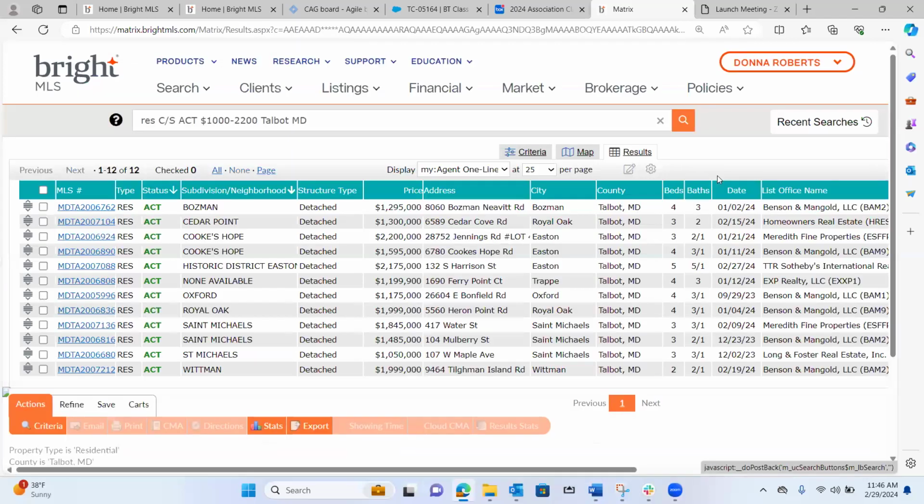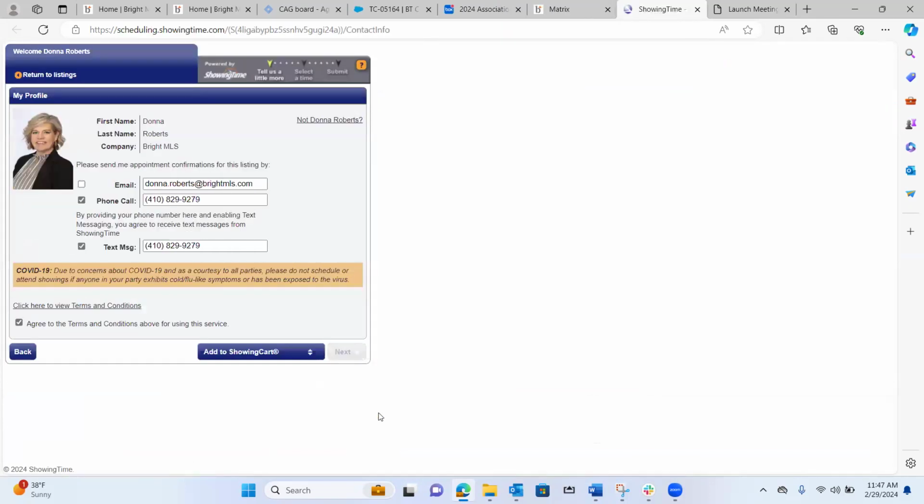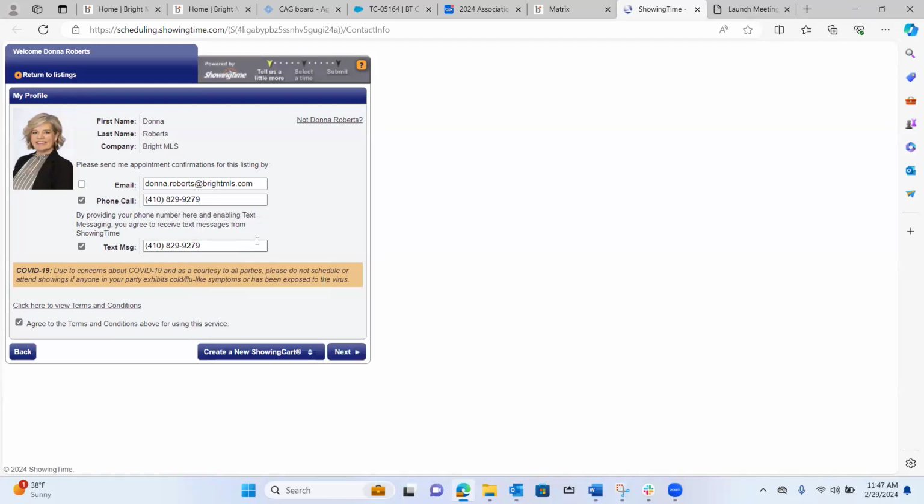And we'll jump into our results. From here, I will select some properties that my client would like to see. So we'll go with these 5. Once we've selected our properties, we're going to go over to showing time at the bottom and click that. From here, we're going to add to showing cart. We can select an existing tour or create a new cart